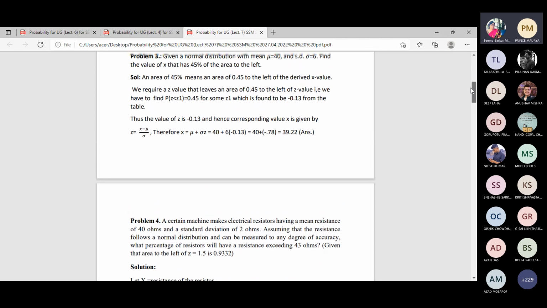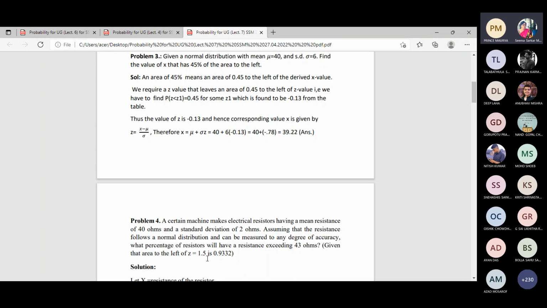Problem number 4. Is it visible now? Yes, ma'am. A certain machine makes electrical resistors having a mean resistance of 40 ohms and a standard deviation of 2 ohms. Assuming that the resistance follows a normal distribution and can be measured to any degree of accuracy, what percentage of resistors will have a resistance exceeding 43 ohms, given that the area to the left of Z equal to 1.5